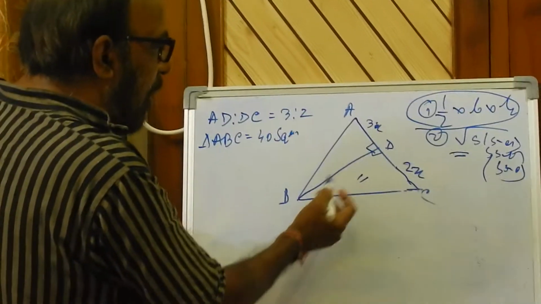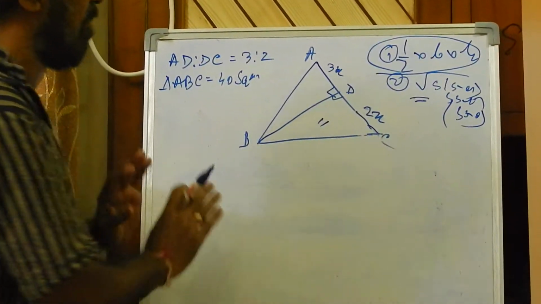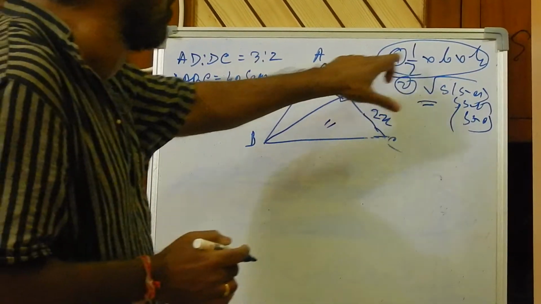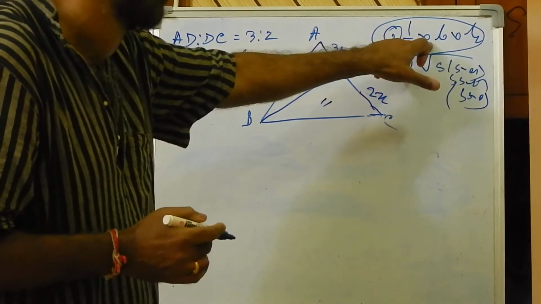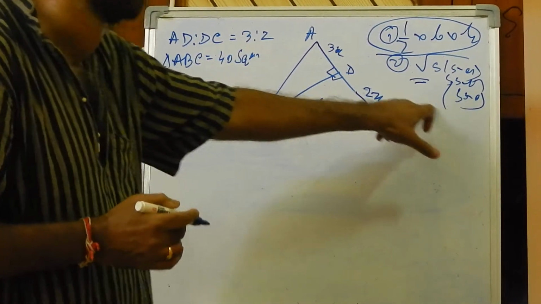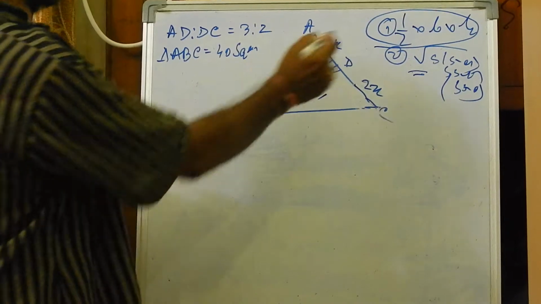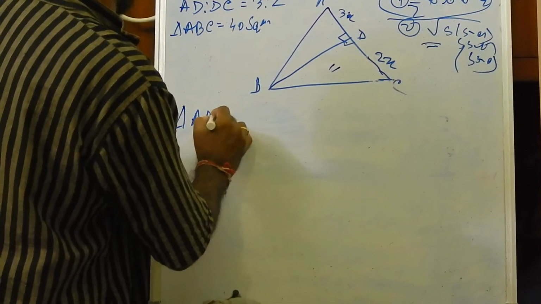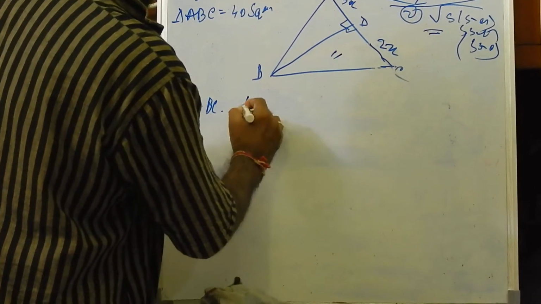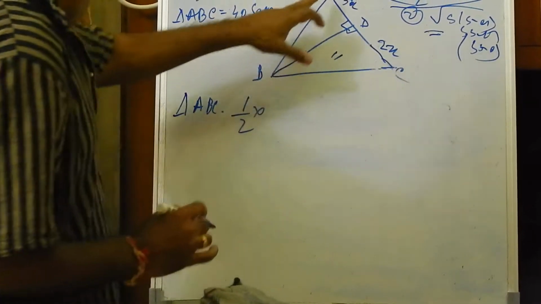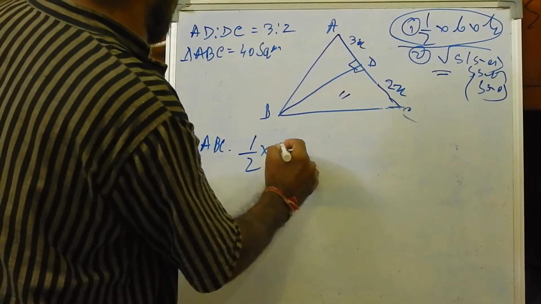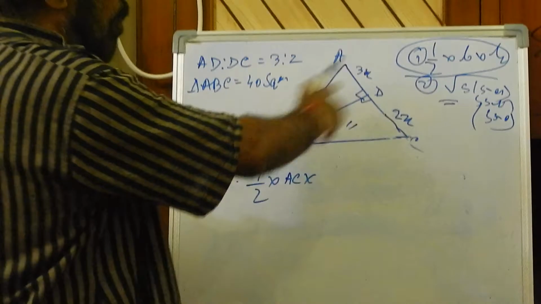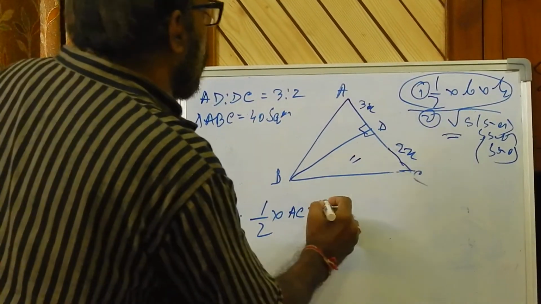So the perpendicular here falls on AC. So AC we can take as base, and BD is the height. So it is very easy, with base and height we can use this formula, but the other one is troublesome, as I told you earlier. So if we take triangle ABC, area half into, what is the base? AC, told earlier, AC into, what is the height? I told you earlier that always the perpendicular is the height. So BD